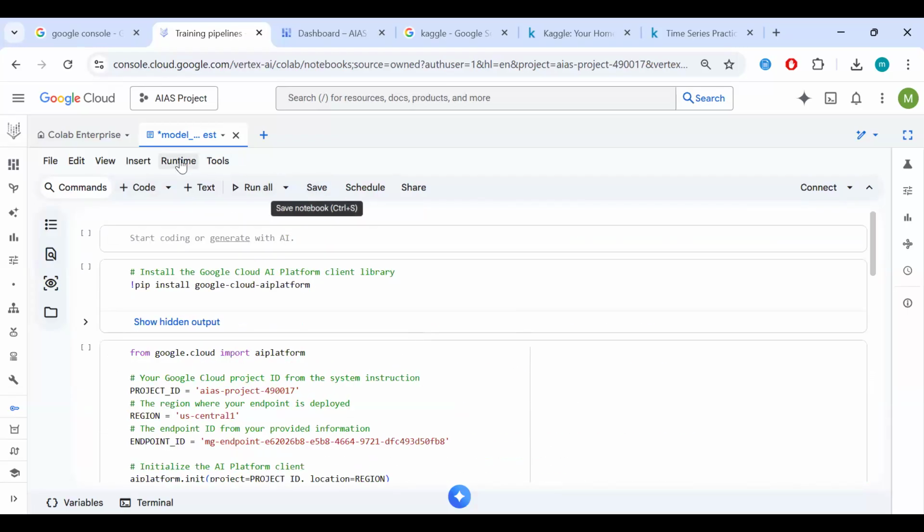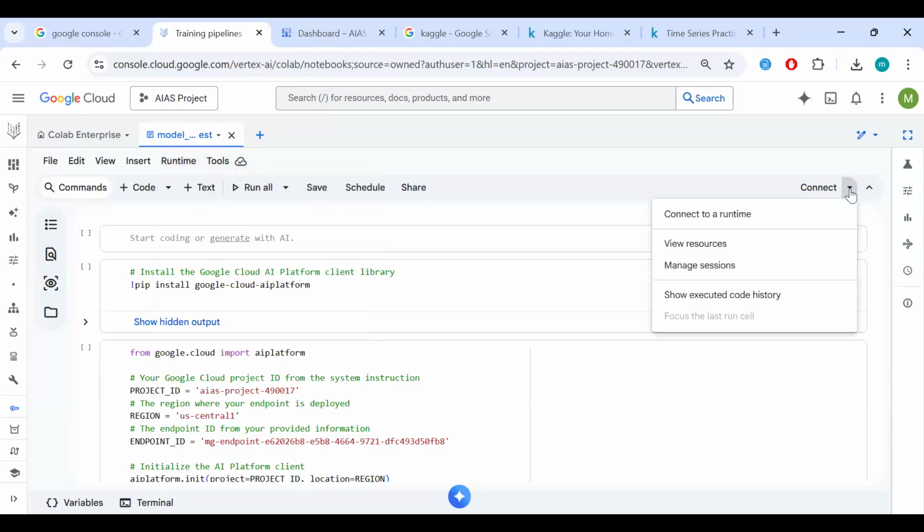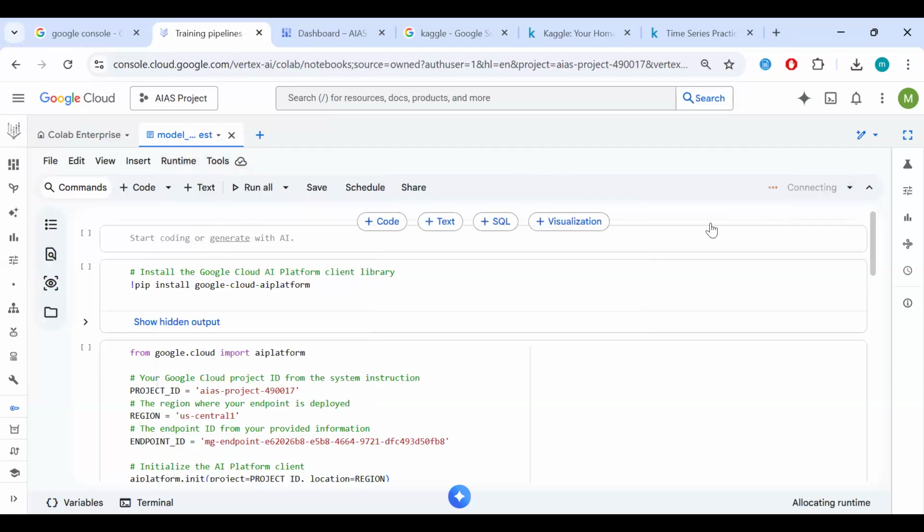So you can save. Another thing you need to pay attention to is your runtime. Your runtime basically determines what hardware you're running your notebook on. Now, if you're doing intense model training, it's best to always use a GPU or a TPU because they can handle the training process. But if you use a CPU, it would take too long to train your model and it would just take a lot of time. So it's best to always use GPUs and you can select what runtime you use up here, right? So you can connect to a runtime.